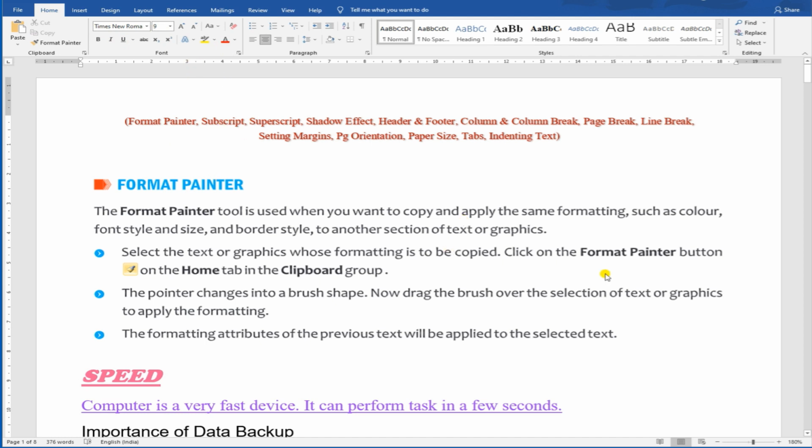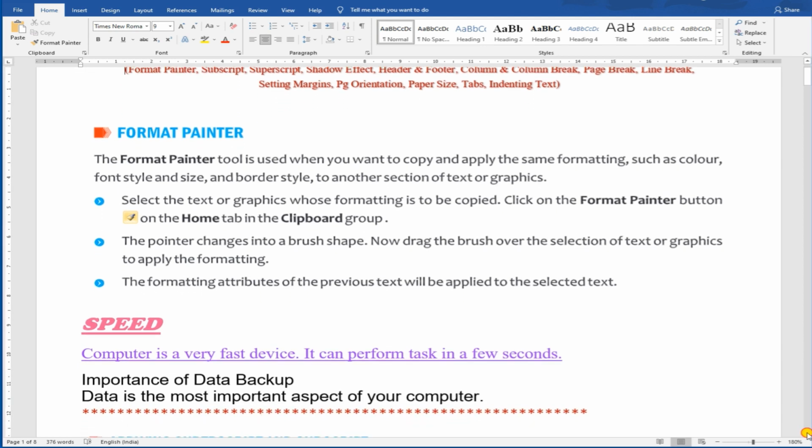Okay, so if I want to copy and apply the same formatting style to another text section, what do I have to do? I'll show you here.